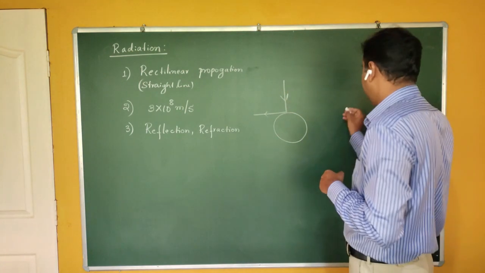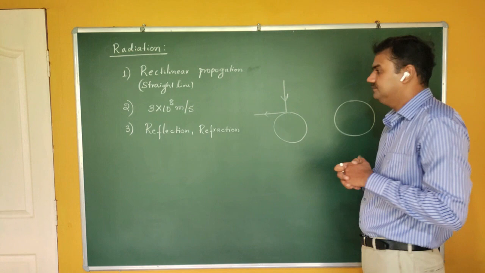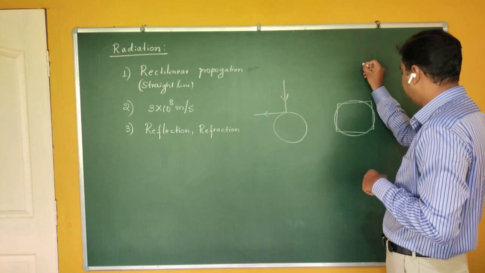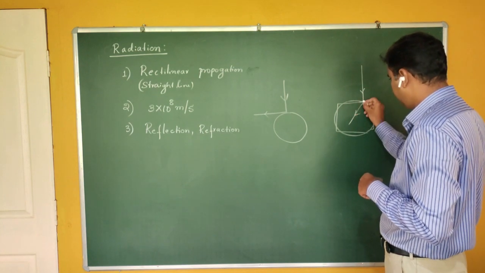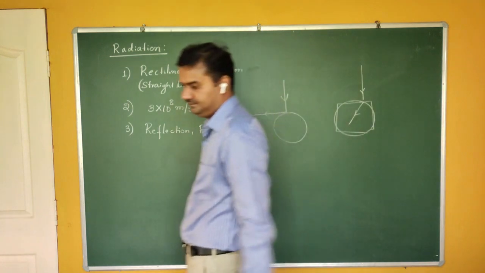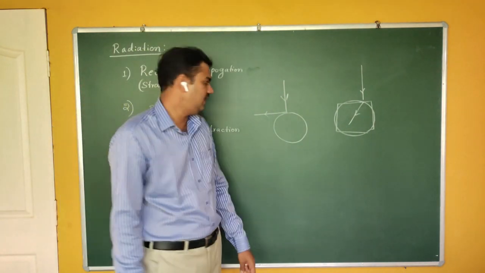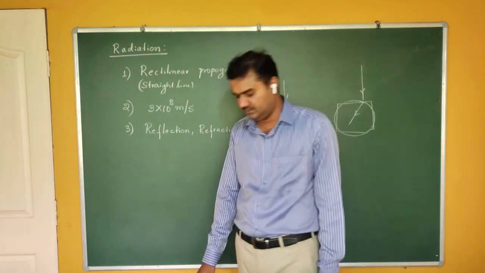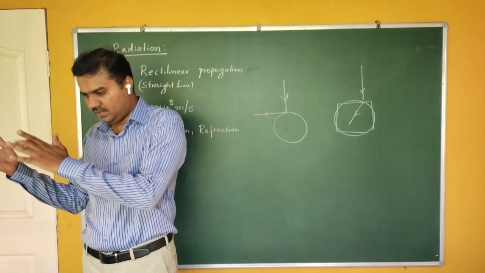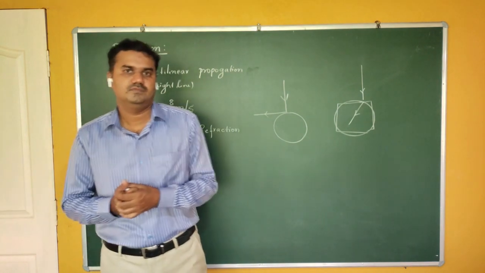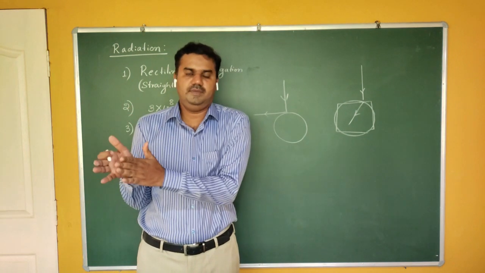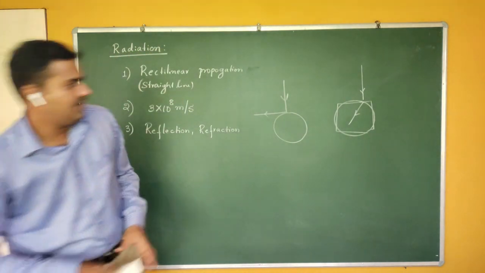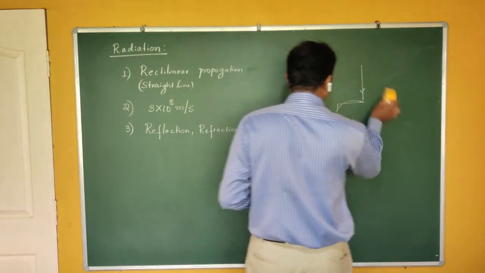And the second is refraction. You are sitting inside a home, and still you feel hotness. The reason is that when the radiations fall on it, they pass through the medium and travel to the other medium. So that phenomenon is called refraction. You are sitting inside a car and you feel the hotness. Therefore the radiations are moving from outside to inside your car, from one medium to another. This is called refraction. So heat radiations undergo reflection as well as refraction.